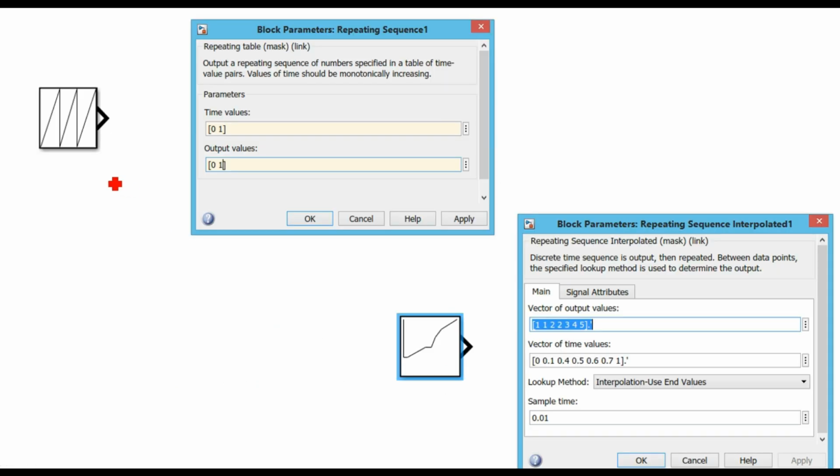So this is the repeating sequence block, and this is the repeating sequence interpolated block. When you double click on this one, a window will pop up, and you can see that it uses the parameters time values and output values. When you specify the time as 0 1 and the output as 0 1, what will the output be? For example, this is 0, this is the time axis and this is the magnitude. From 0 to 1 second, the output will be triangular,